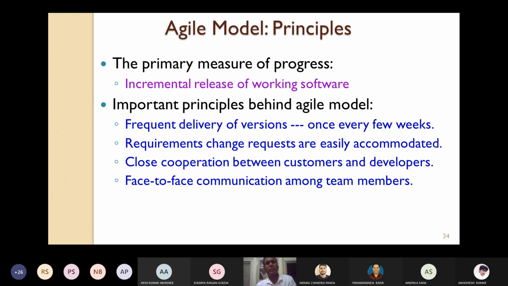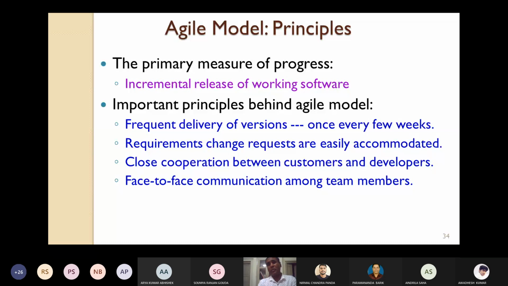Some of the important principles behind the Agile model, not all, I have written a few, are frequent delivery of versions. So frequently you deliver the versions, right? Today is version 1, next week version 2, next week version 3, and so on. So frequent delivery of versions, maybe once every few weeks. Requirements change requests are easily accommodated. This I have already told you.